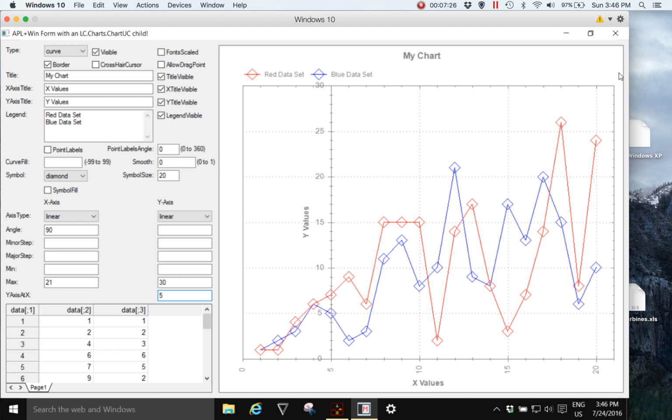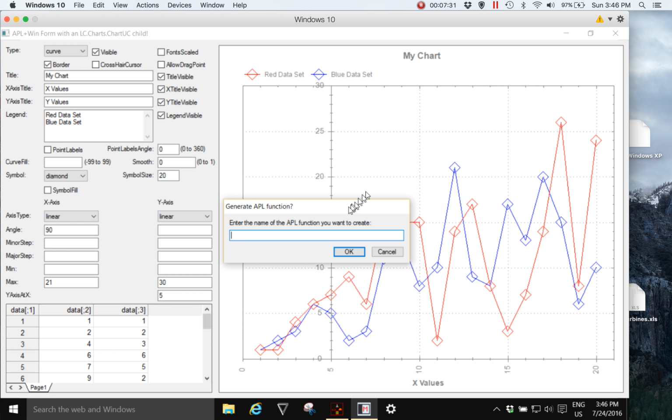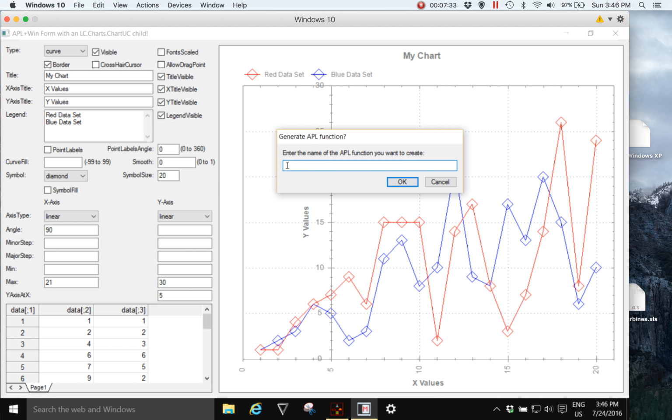And to do that, I simply close the graphic user interface, and I'm prompted for a name of the function that LearnMETSIM will create the code for this chart in. I'm going to call mine temp. I'm going to start with temp so I know I can delete it. I'm just practicing, and I'll call it my chart,